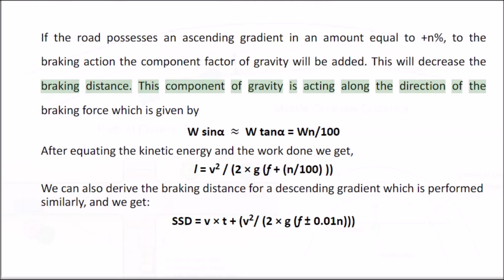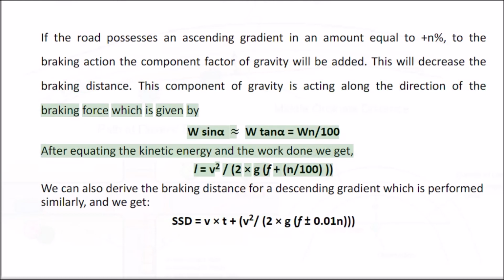This component of gravity acts along the direction of the braking force, which is given by W sin θ, W tan θ equals Wn/100. After equating the kinetic energy and the work done, we get L equals V²/2g times (F plus